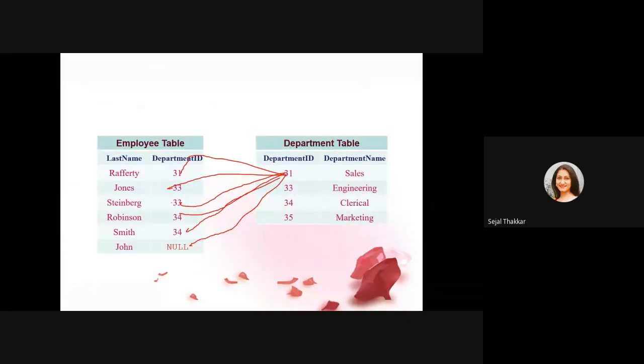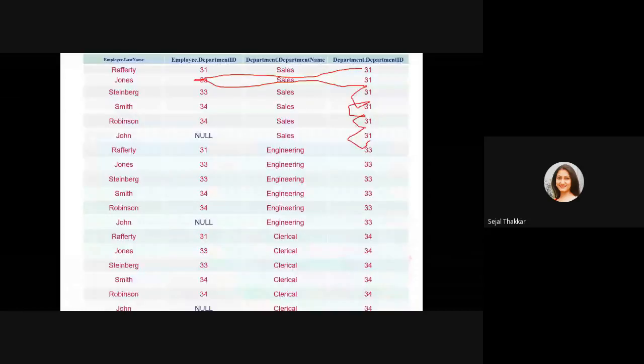So in total I have 1, 2, 3, 4 and 5. These 5 will multiply with all these 6. So a total of 30 I will get as output. 30 rows you are going to get as output, because one row of this department will join with all the rows of the other table. I have shown only some of the values as output, but the actual output will be 30 rows.